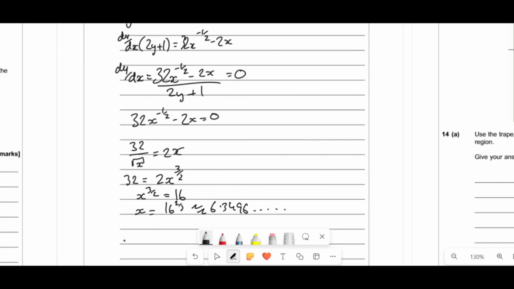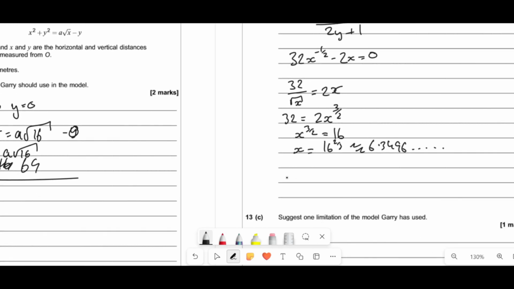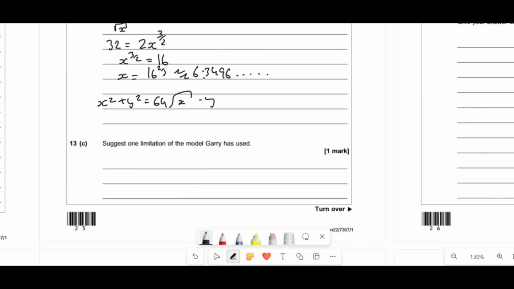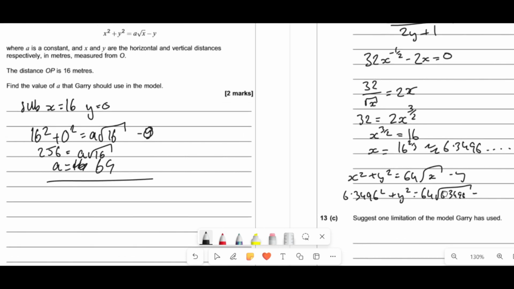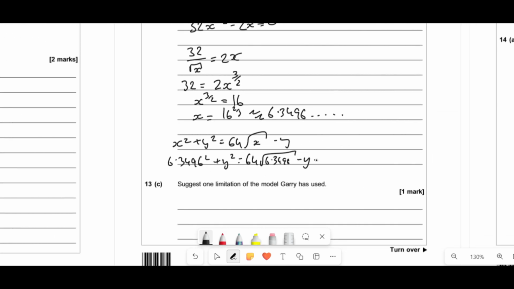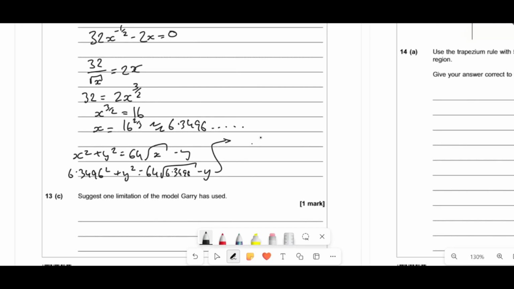All we need to do is plug it back in to get y. If we find the original equation again, it was x squared plus y squared equals 64 root x minus y. All you do is sub this value in. So we're going to get 6.3496 squared plus y squared equals 64 root 6.3496 minus y. So if I move it here, that's going to give us